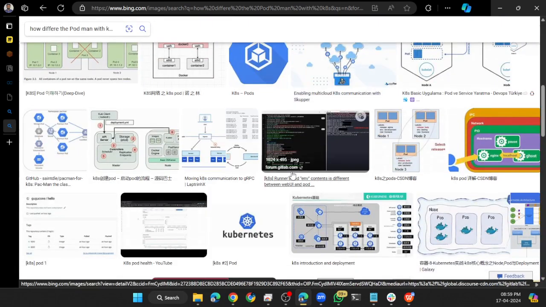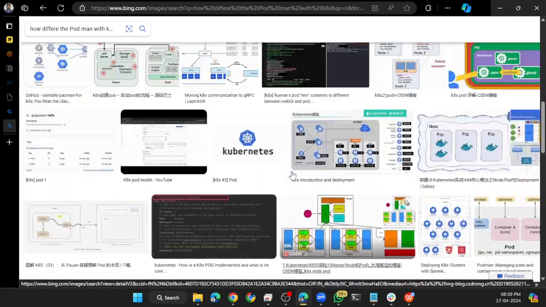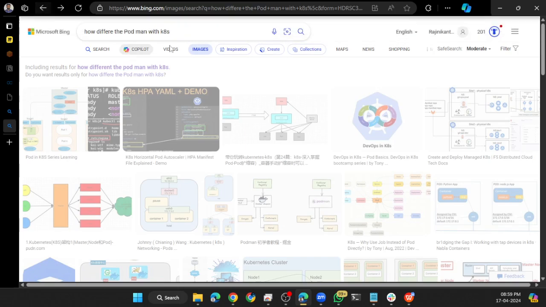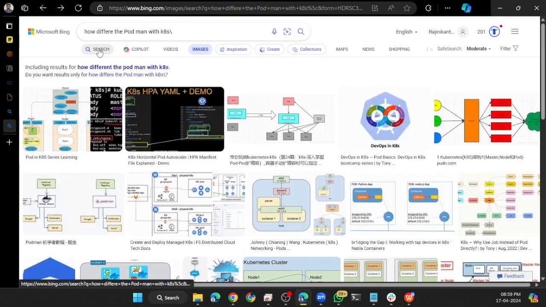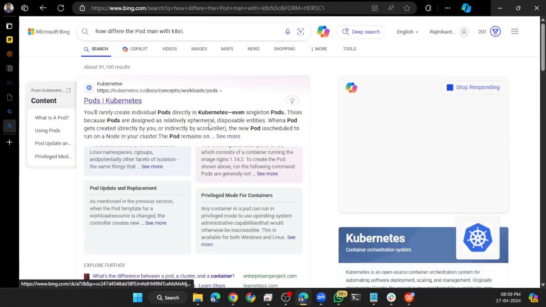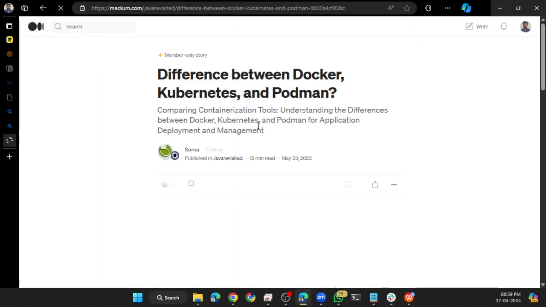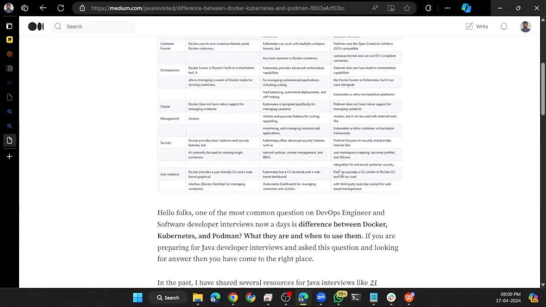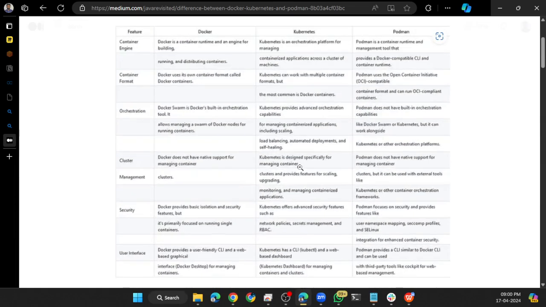no difference. This you can read out. Podman is actually daemonless. First thing,